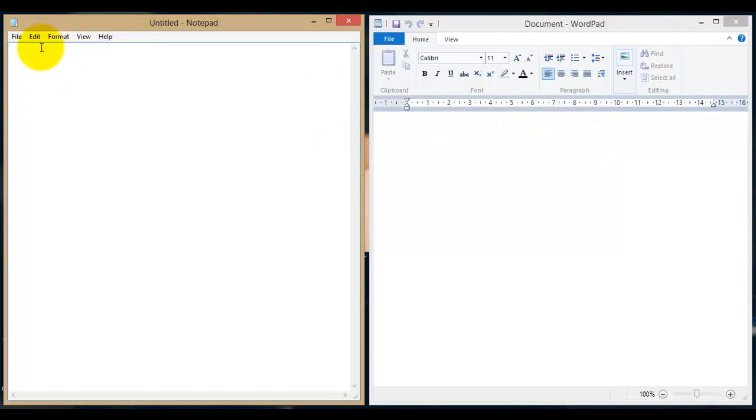Rather, in Notepad, we don't find any such type of tool. And the formatting features which are available in WordPad are more than in Notepad. I'm going to tell you again the formatting or editing features which are more available in WordPad than